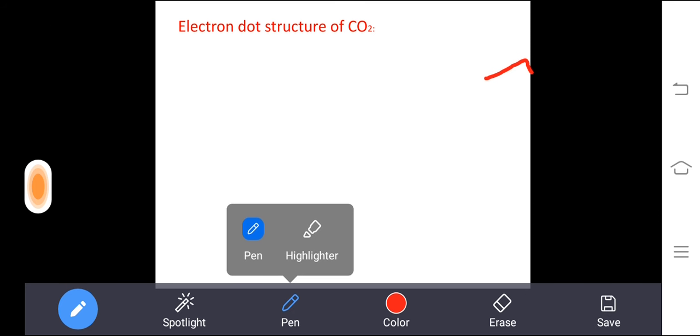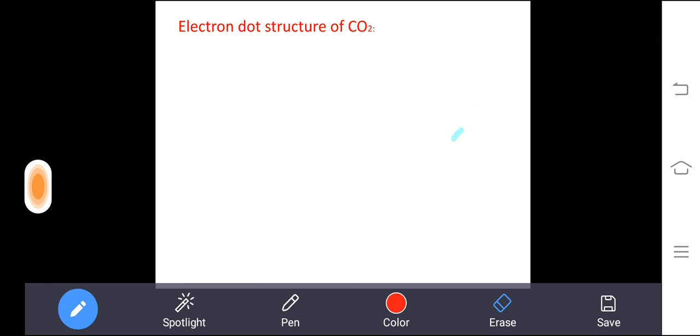Now in the electron structure for carbon dioxide, we can't apply that single bond, double bond like that, because this is carbon dioxide. They didn't say any ethane like that. So for this one, how to draw the electron structure? Carbon dioxide is there. So what do you want to do? Carbon you mention, and how many oxygens are there? Two oxygens. Here one oxygen and here one oxygen.